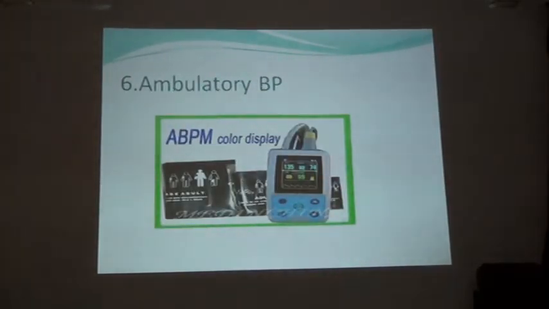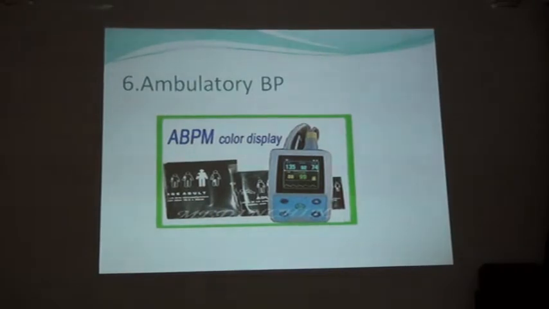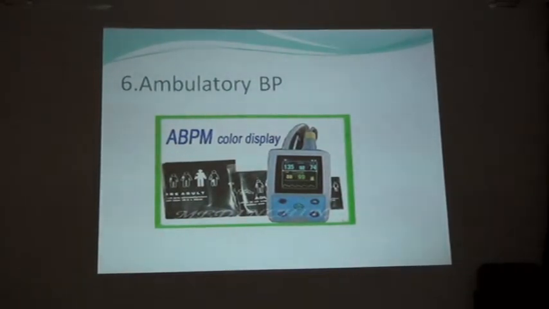What is this? This is the ambulatory BP. Suppose you have seen the BP at one time, but the BP is different at other times. At 4 p.m. it was 150/90. At 8 p.m. the sister recorded 200/100. Next morning again 90/70. Sometimes patients have a very fluctuating BP. So how can you detect it? Can you check every 15 minutes? It is not practically possible.